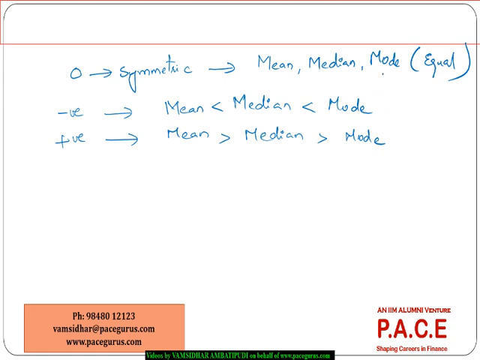So as a risk manager, my major problem lies in identifying the impact of the skew on the mean relative to the median. To what extent is the mean deviating from the median because of the skewness present in my data? A very important aspect to analyze and appreciate. All right. Then we'll move on to our next aspect, where we try to understand kurtosis,